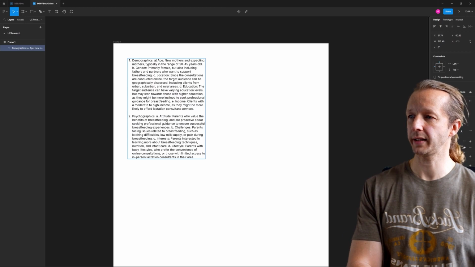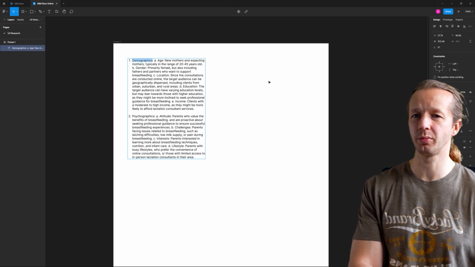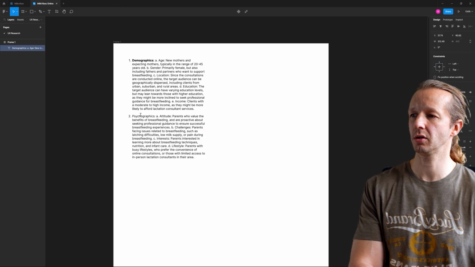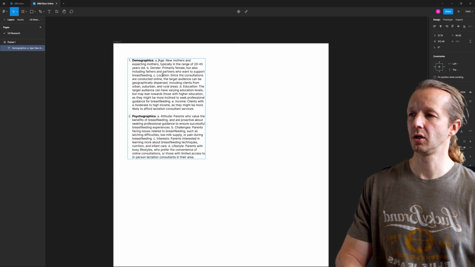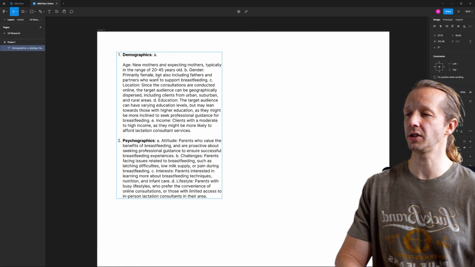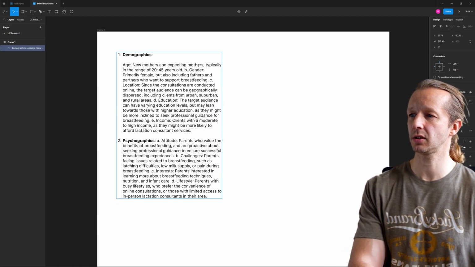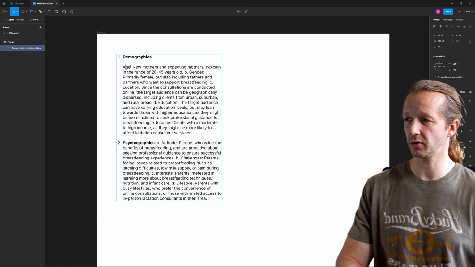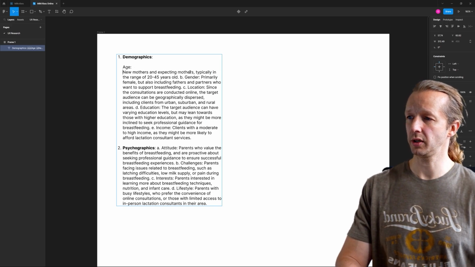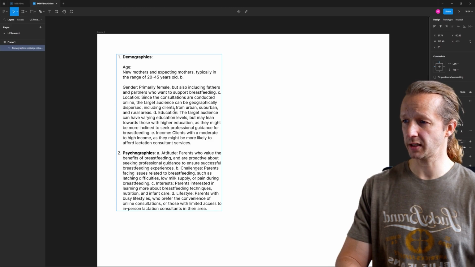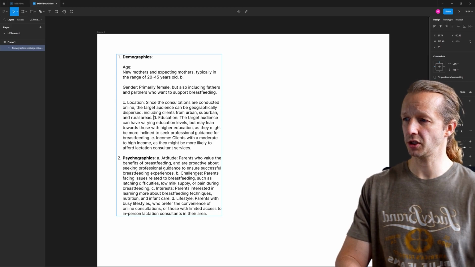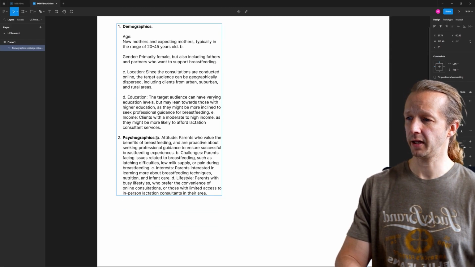Now we can reformat this, obviously. It would take a little bit of time. I'm not going to do too much here, but we can really present this at a little bit more of a professional level rather than it just being a large wall of text. So we have age down here, new mothers. We can do this. Then we have gender. Again, you would just want to separate these out. Or C, location, all right. And then we have D, education. And then finally, right here,